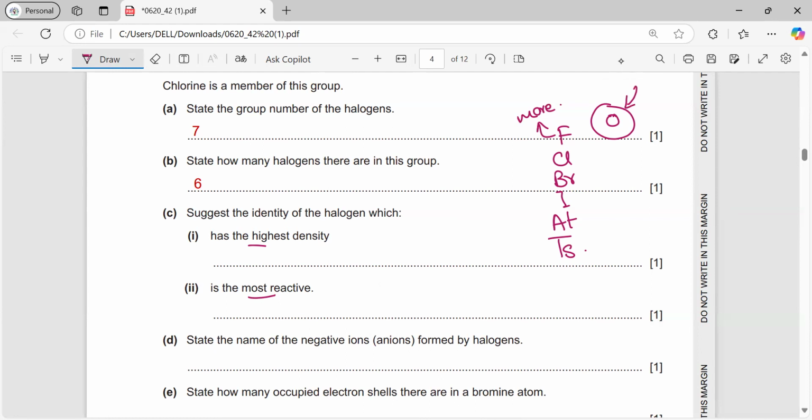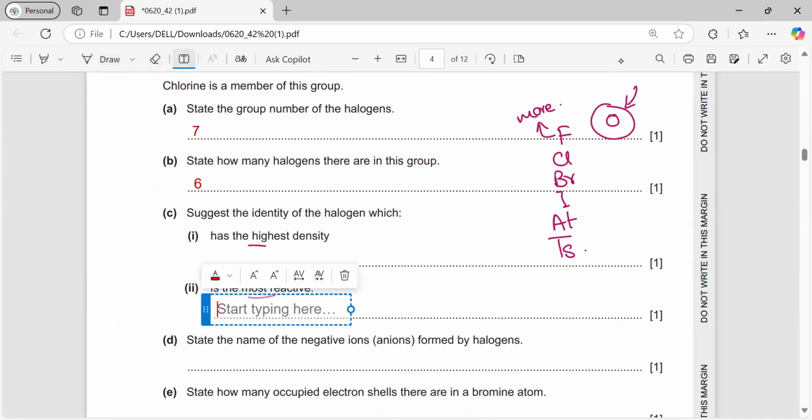So the incoming electron will adjust itself easily because fluorine is a non-metal. Fluorine and all the halogens are non-metal, so they have to gain an electron to complete their outermost shell. So it is easier to gain the electron in fluorine because of its small size and less force of attraction and less force of repulsion also. So the highest reactivity will be of fluorine